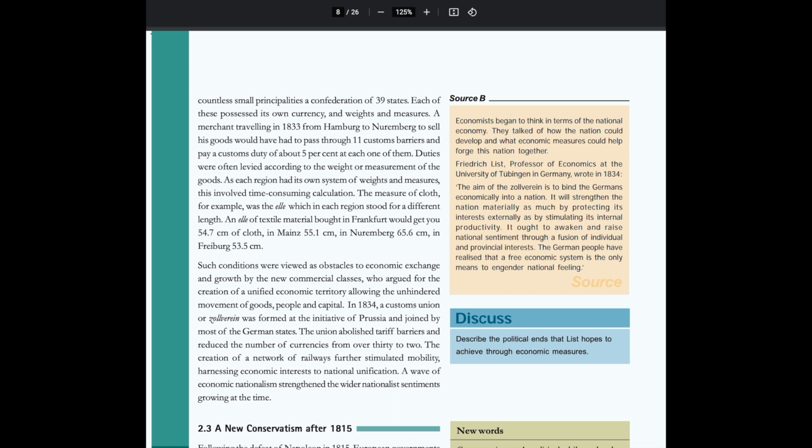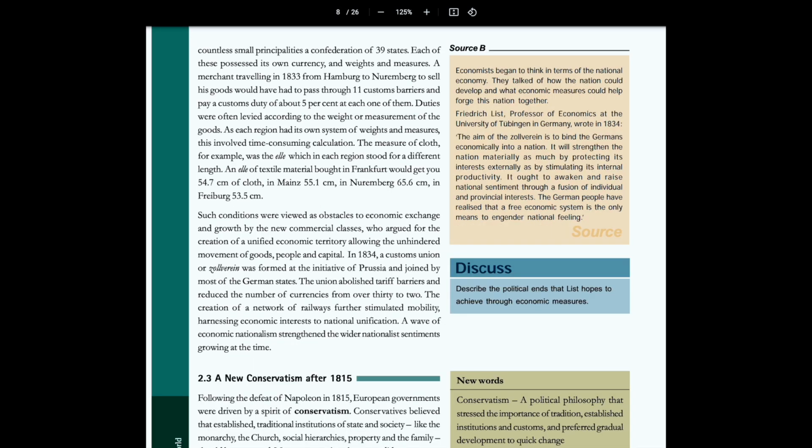An Elle of textile material bought in Frankfurt would get you 54.7 centimeter of cloth. In Mainz, 55.1 centimeter. In Nuremberg, 65.6 centimeter. In Freiburg, 53.5 centimeter. Such conditions were viewed as obstacles to economic exchange and growth by the new commercial classes,